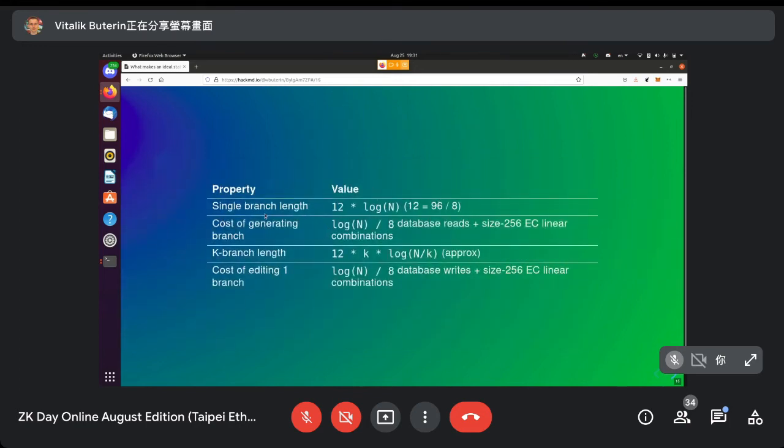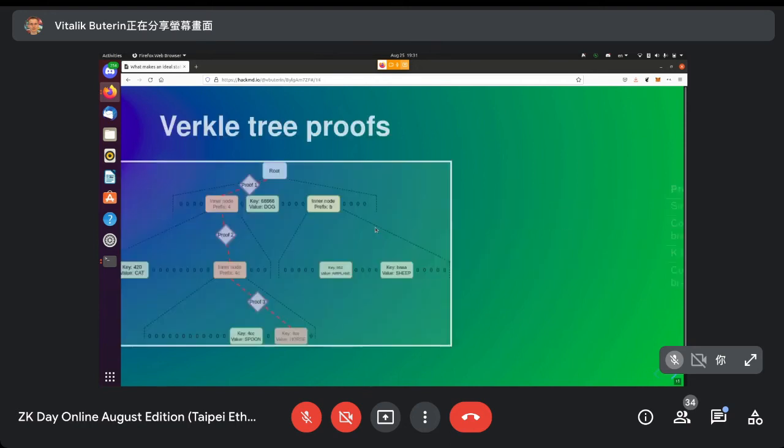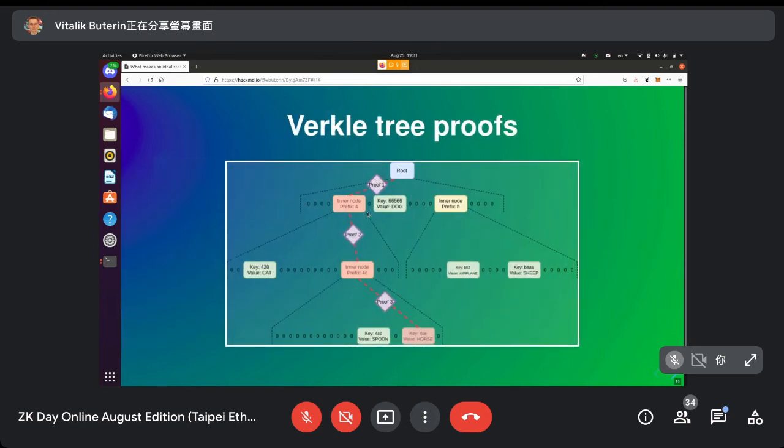So the length of a single branch is going to be 12 times log n bytes, right? So instead of 32 log n, it goes down to 12 log n, basically because these nodes each have a width of 256, and so instead of log n, we go down to log n over 8. And then at each level,